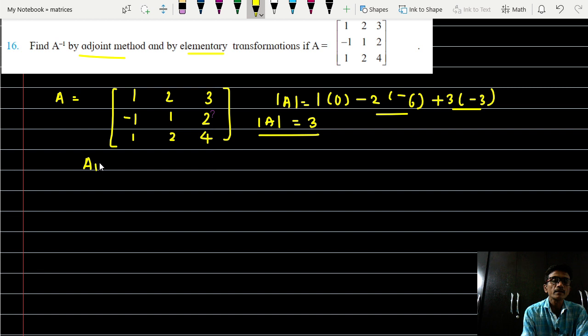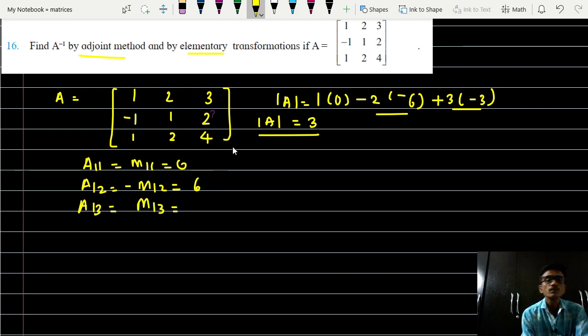So directly we will find here A11 is equal to N11 and this equal to 0 आएगा. A12 is equal to minus of N12, which is delete the first row and second column: -1, 1 और 2, 4. इसका एक्सपेंशन आएगा -4 और -2, -6 और नेगेटिव ऑफ दैट +6. A13 is equal to N13 विद द एक्सपेंशन ऑफ दिस डिटरमिनेंट, फर्स्ट रो और थर्ड कॉलम डिलीट करना है: -1, 1, 1, 2, -2 और -1, -3, सेम -3.